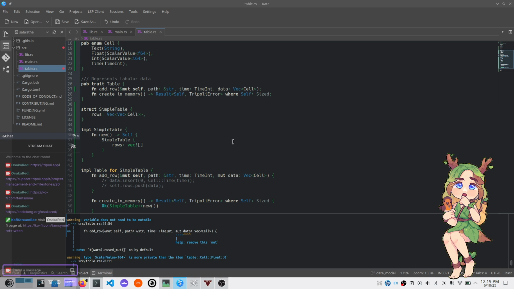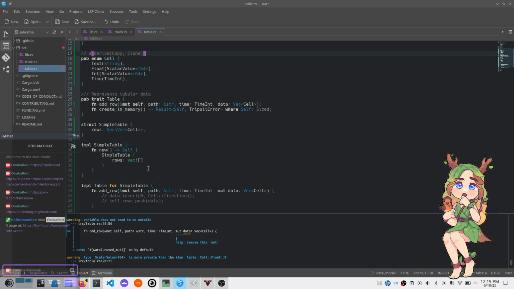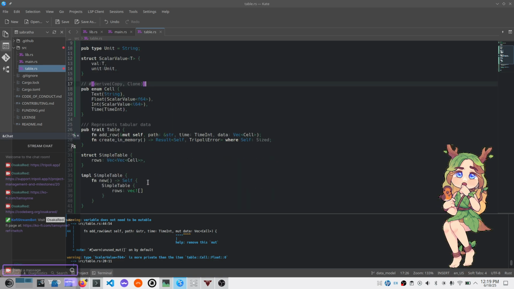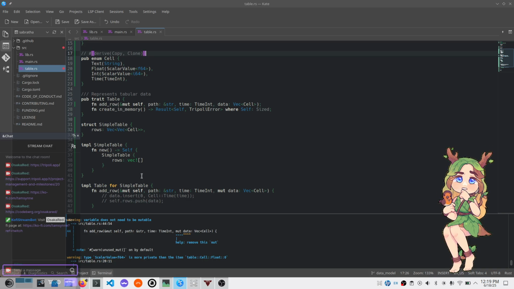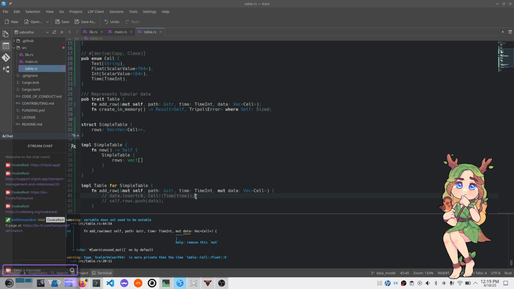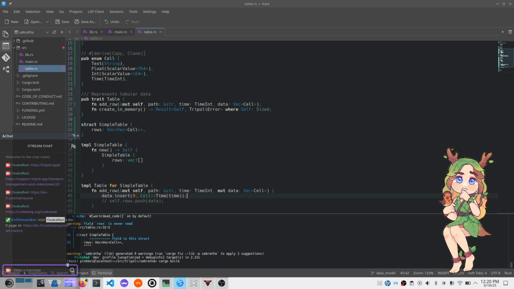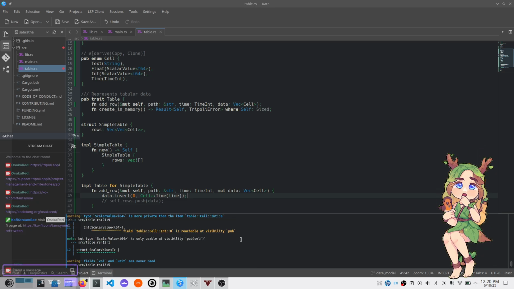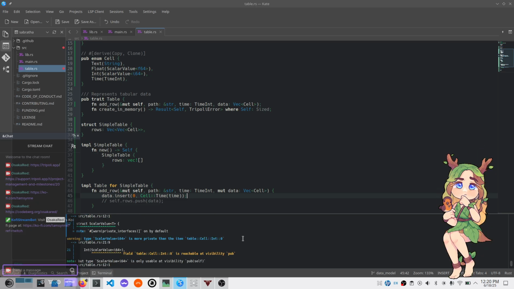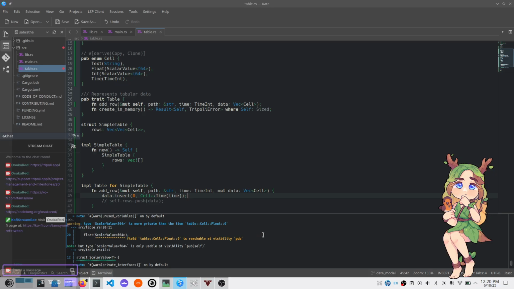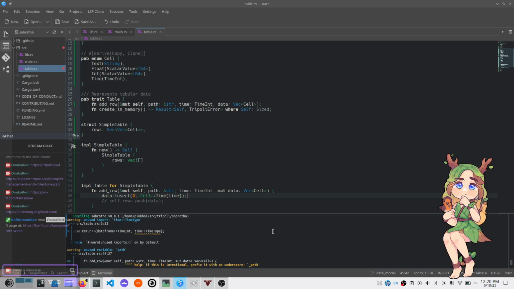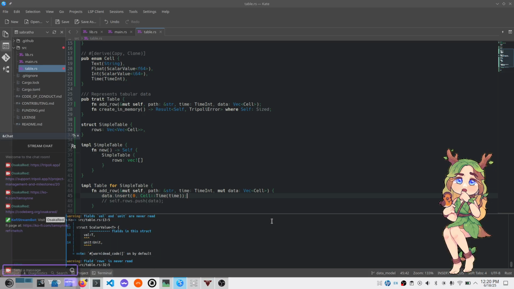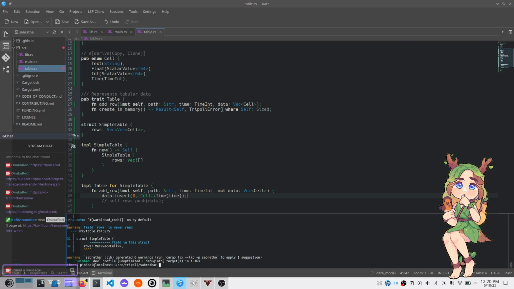Variables are immutable. Well, maybe it is only to be. Okay, so maybe they'll stop saying that it doesn't need to be immutable. Okay, at least it doesn't say that anymore. Okay, so